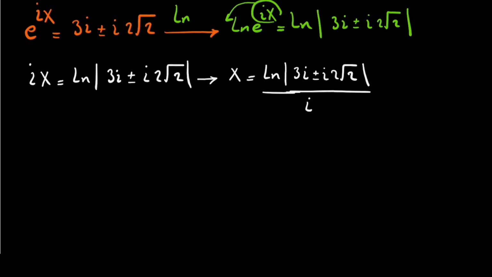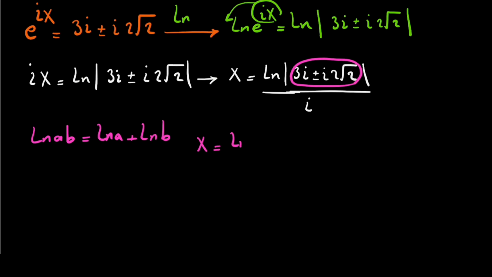But you know that, let me write a nice point. You know that if you have ln AB, you can write it as ln A plus ln B. So if you look at here, you can factor i and write x as x will be equal to ln absolute value i times 3 ± 2 times the square root of 2. Of course we can do it. Okay, so according to this really nice point, we can write